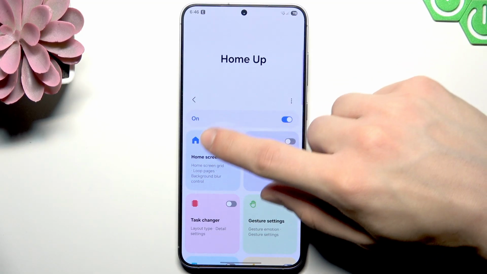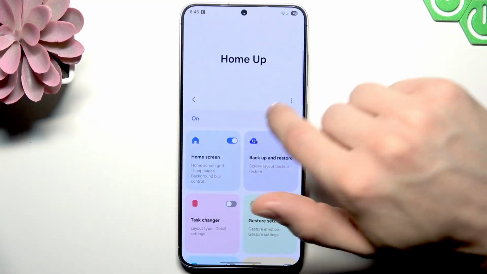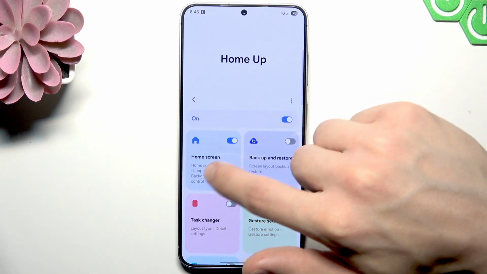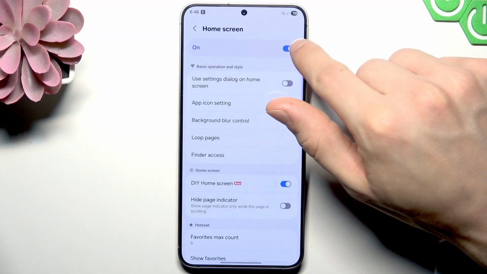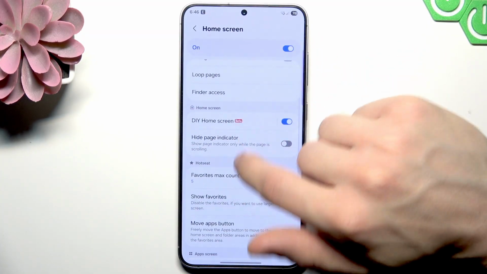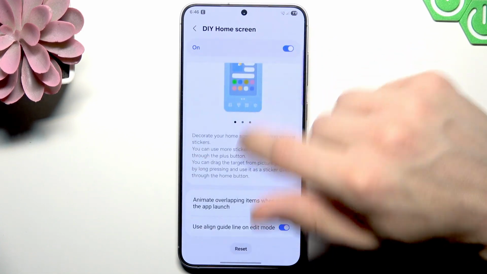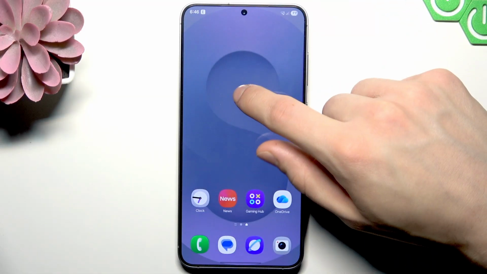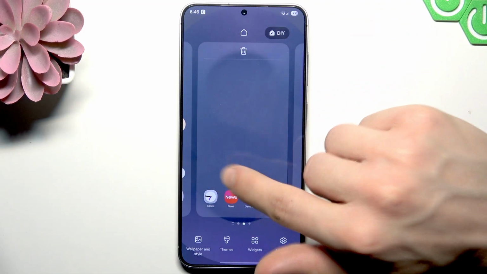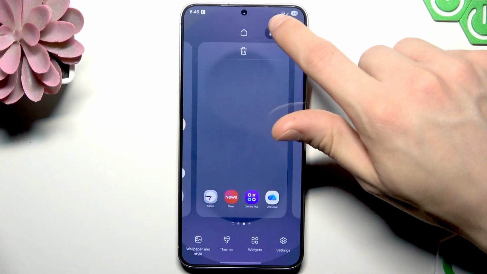Then in home app extension, first of all switch this toggle to the right to turn it on, then go to home screen, turn on the home screen too, then go to DIY home screen and enable your DIY home screen. Now go back to your device's home screen, hold your finger down on an empty space of it, then